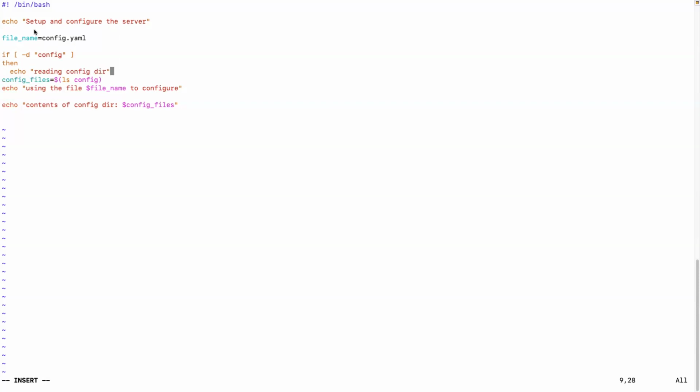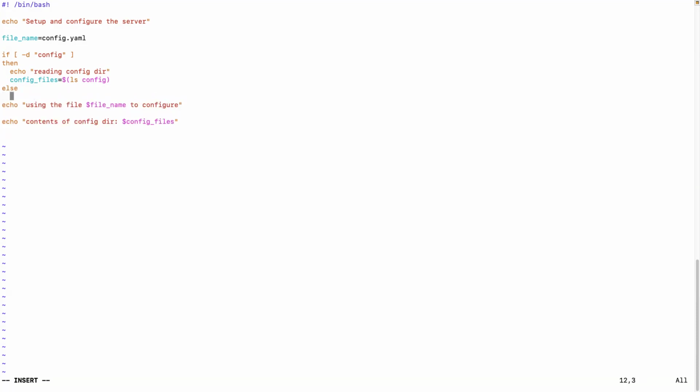What this is called is file operator. This will give you true if this directory is present. So if it is present, I'm saying reading the config means getting the content, and you can get the config files this way. Suppose if it is not there, like if you are using else condition,